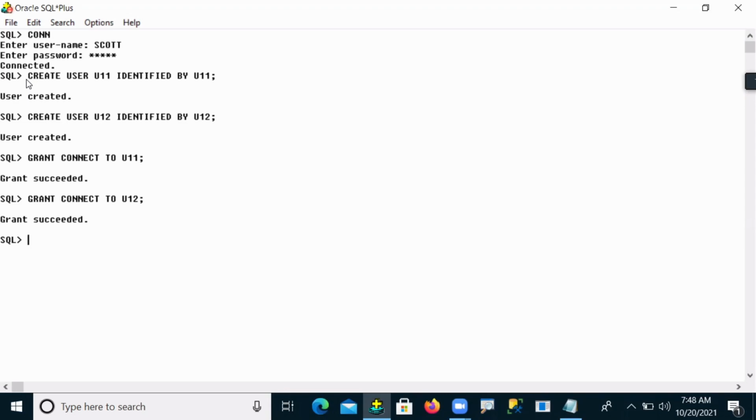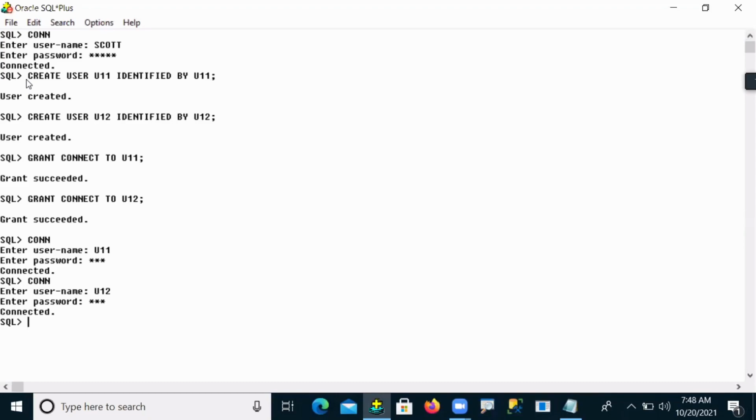Okay, let me see, guys. Now user 11 is connected successfully, as well as user 12 is also connected. Right. Both users have connectivity permission, and U11 and U12 are both successfully connecting to your Oracle database.